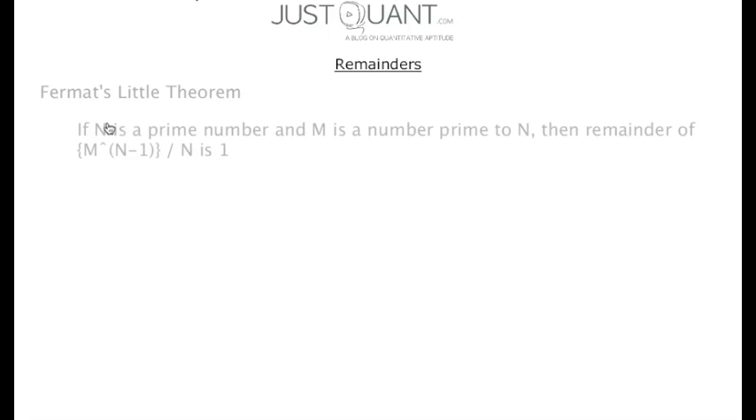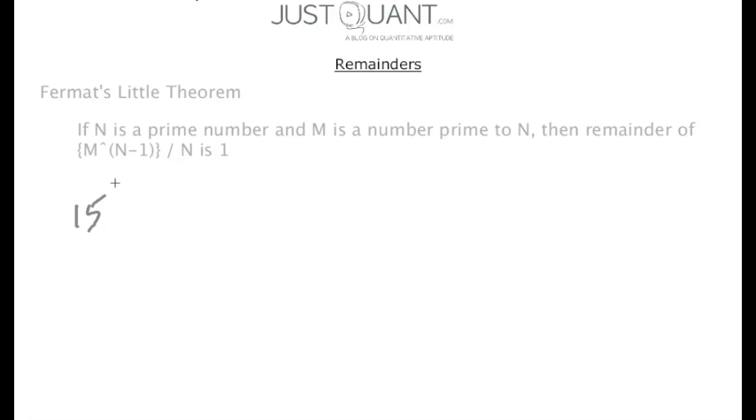Let me first consider Fermat's little theorem. As per this theorem, if n is a prime number and m is a number that is prime to n, then the remainder of m to the power of n minus 1 when divided by n is 1. That is,